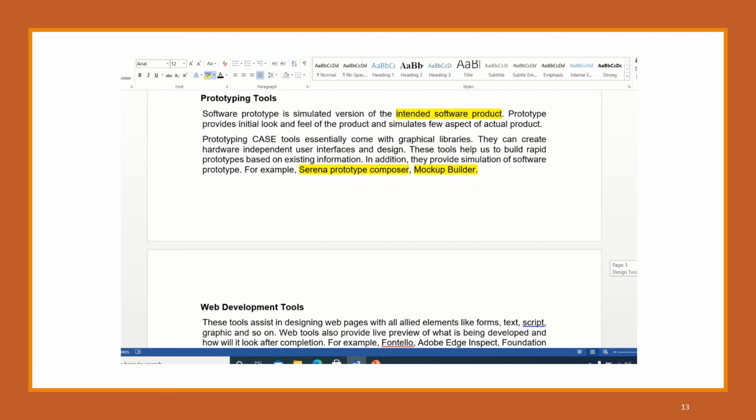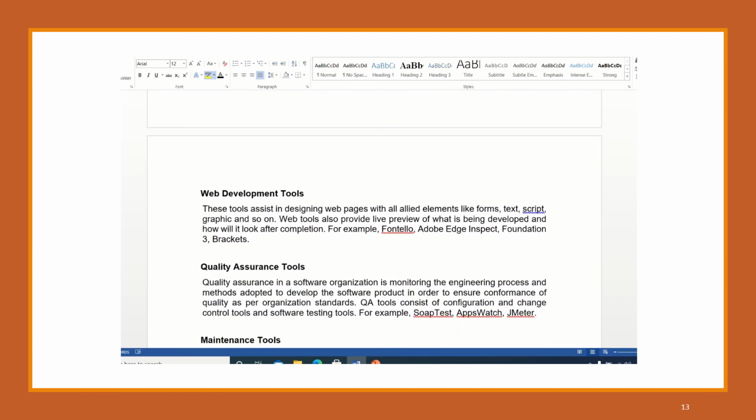After it, we move towards web development tools that are used in designing web pages with all the allied elements like forms, text, scripts and graphics, and so on. We have the examples of Adobe Edge Inspect, Foundation 3 and Brackets.